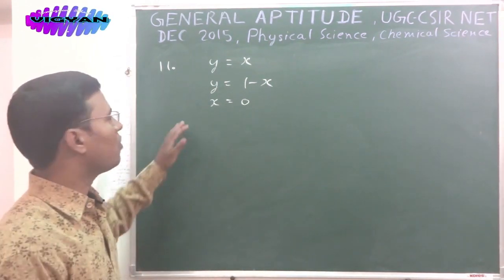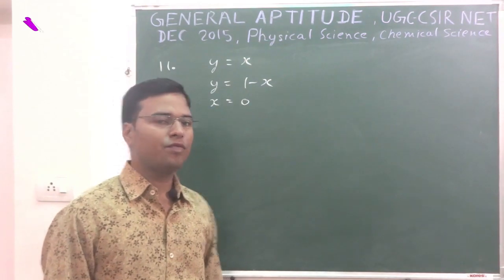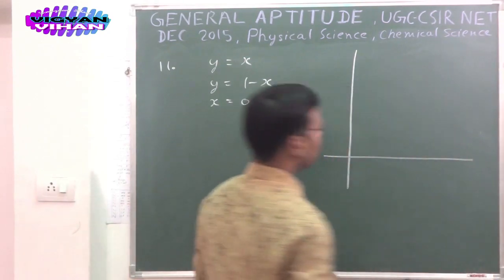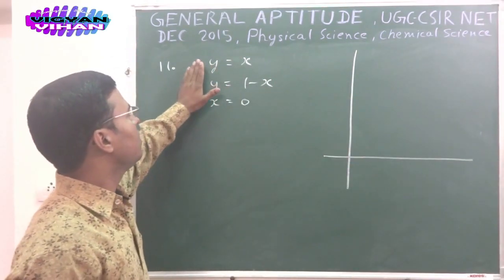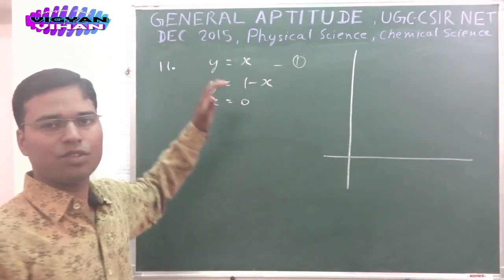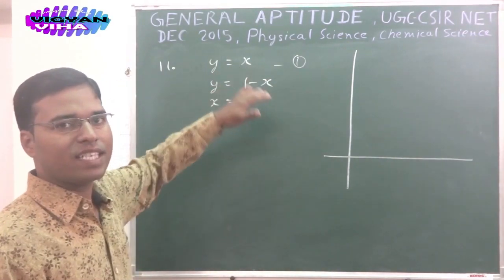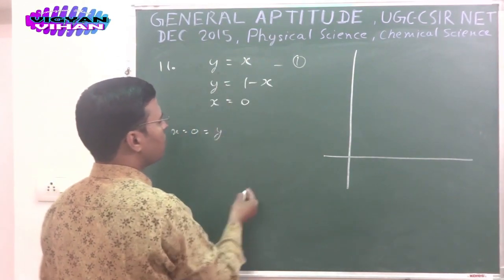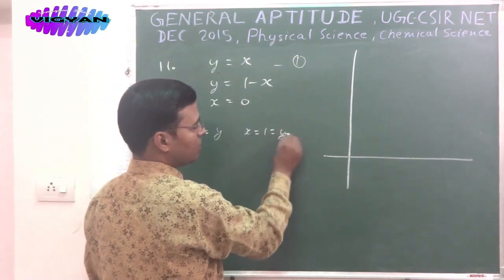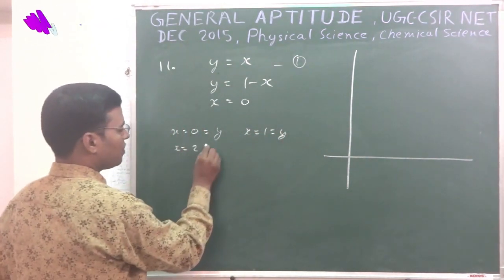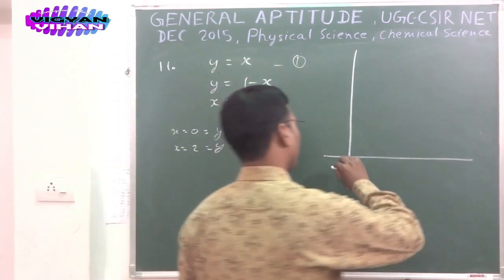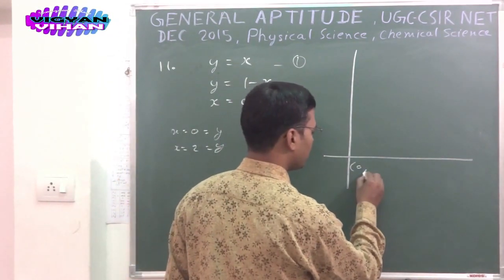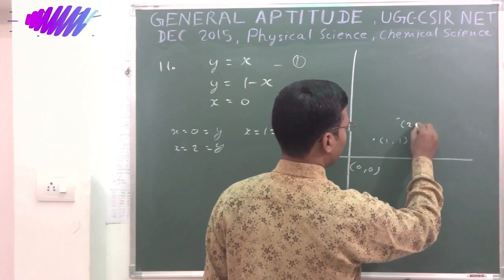We can find the coordinates of the points through which the lines pass. We know from two-dimensional coordinate geometry, the first equation is the line y is equal to x. This line passes through the origin because if x is equal to 0, then y is also 0. If x is equal to 1, then y is also 1. If x is equal to 2, then y is also 2. So, the line passes through the points 0, 0, which is the origin, 1, 1, 2, 2, and like